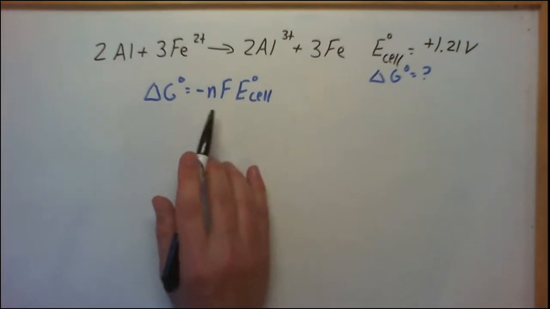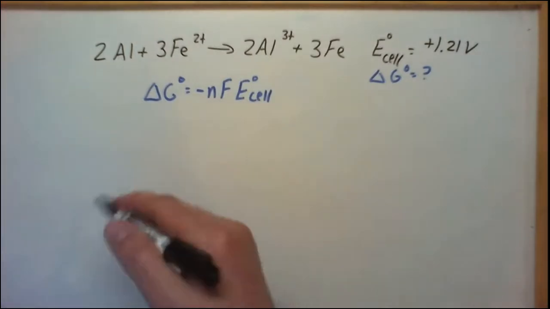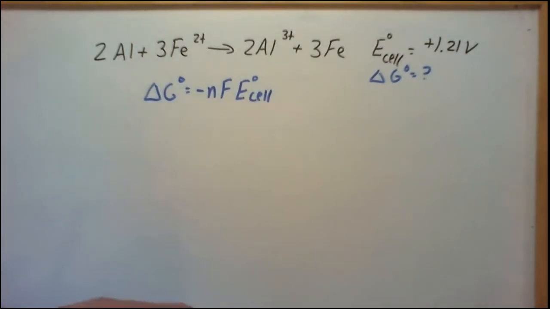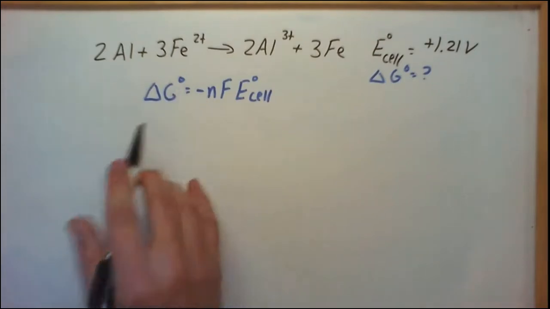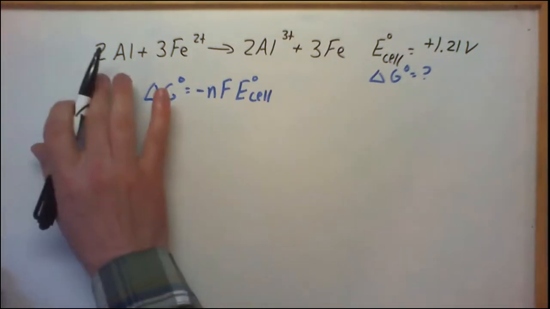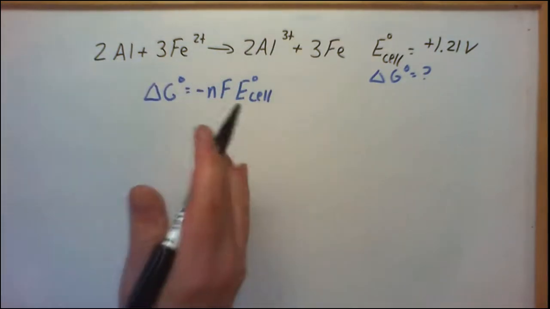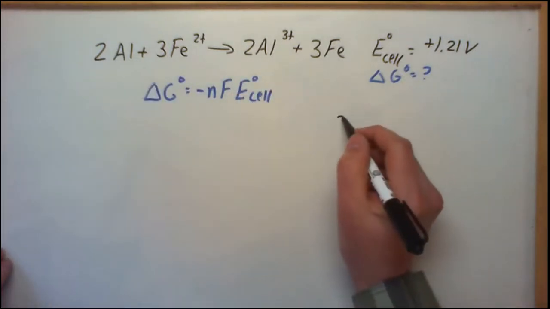The trickiest part about using this equation is determining what N is, how many moles of electrons have been transferred in this overall balanced equation. There's a couple different ways of doing this, and primarily it depends upon how you balance this equation, whether you use the half reaction method or the oxidation number change method. If you use the half reaction method, then one way you can determine N is by pulling out those half reactions, at least one of the half reactions. So we pull out the aluminum half reaction